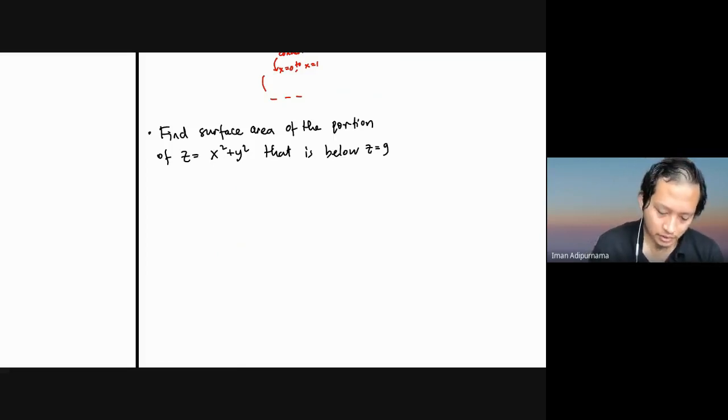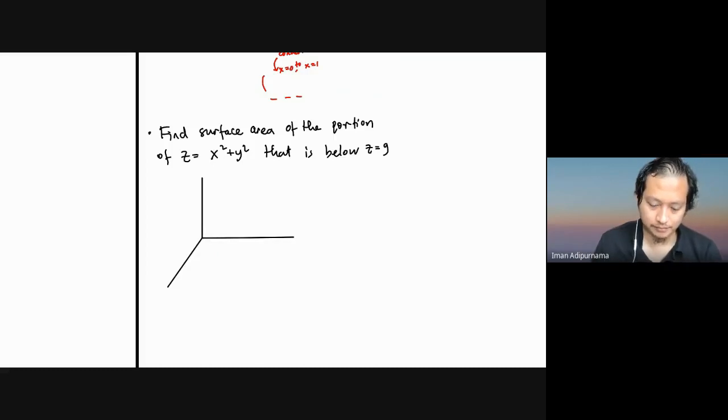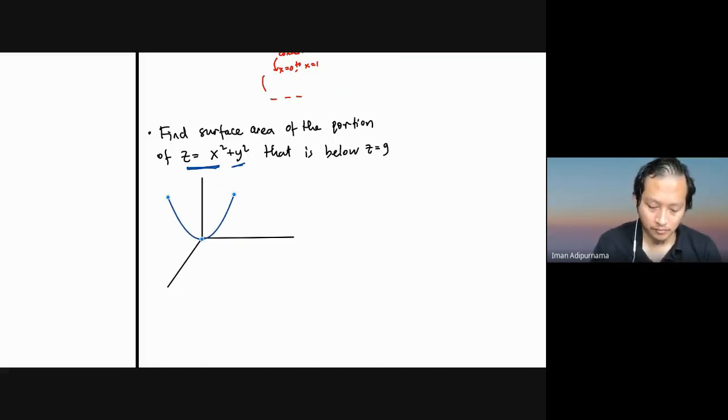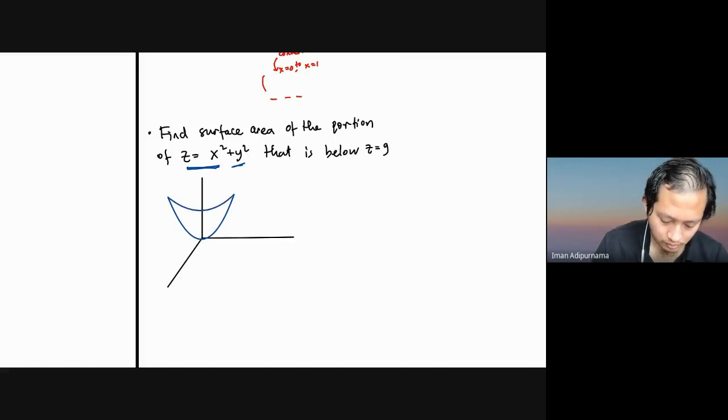Okay, first, if you want to draw, I think the Z is not too difficult to draw if you remember the quadratic surfaces in chapter 12. Right? So this will be parabola, Z equal x squared. Z equal y squared is also parabola. X squared plus y squared, if it's equal to some constant, it's the circle, right? So we can have a paraboloid with a circle as its area. Okay, let's make that as our paraboloid,